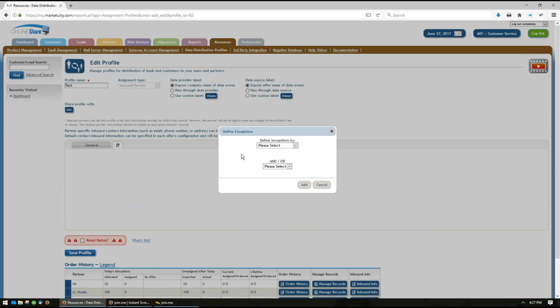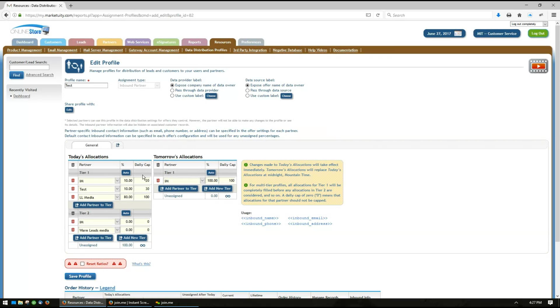So if some companies are buying data from you and they don't want any records that are in a particular area code or city or state or country, or potentially they only want data from a particular traffic source or sub-ID, you can also set up exceptions here and add those, and they'll have today and tomorrow allocations just like you have here on this general tab, so that you can kind of divert data to different partners or companies that you're selling your data to based on a few other little parameters or specifics